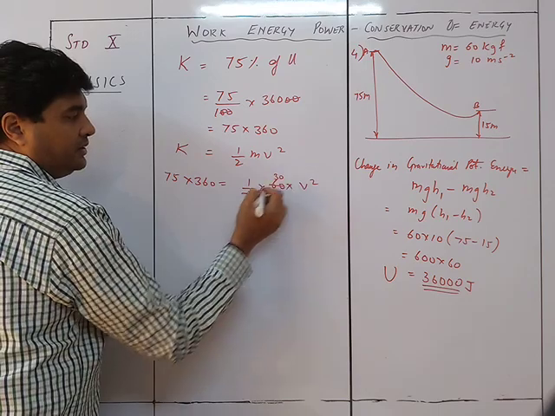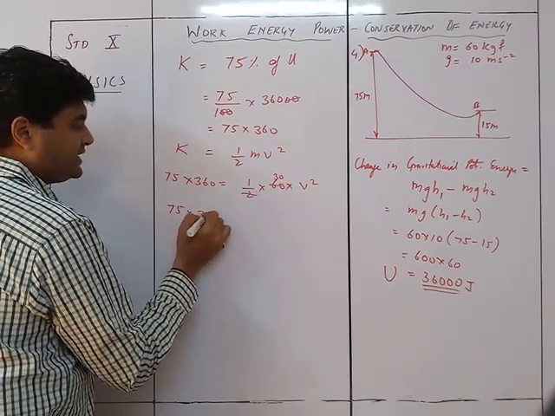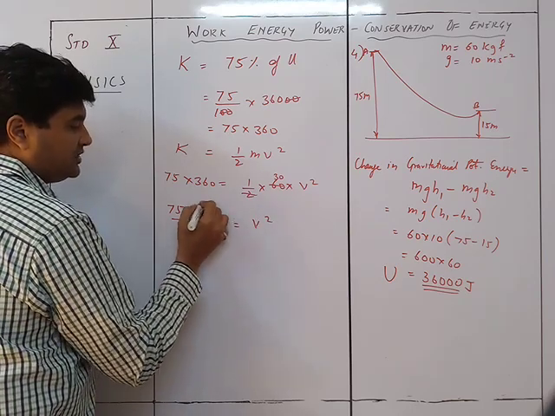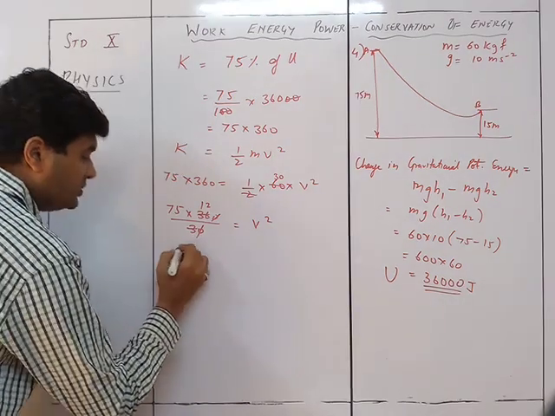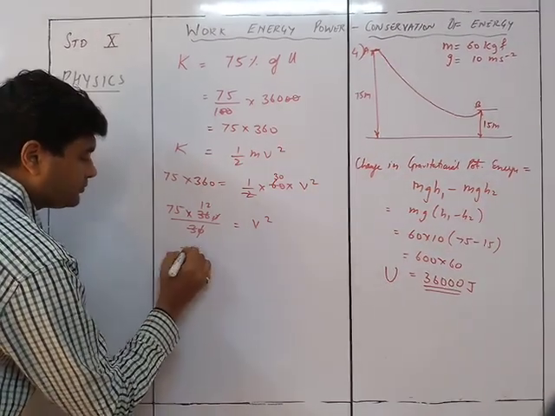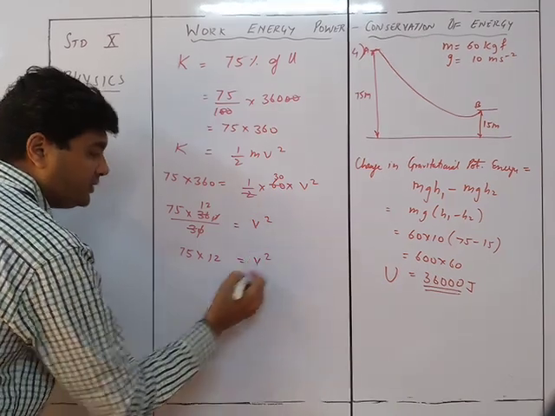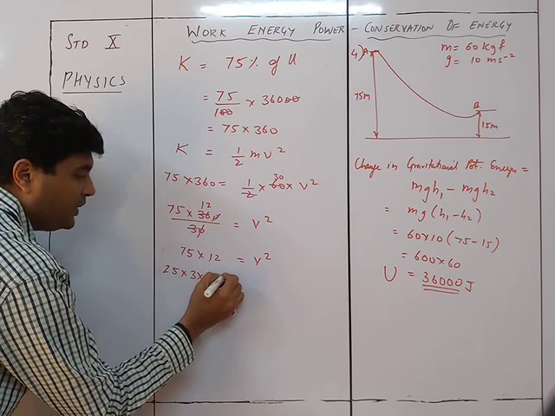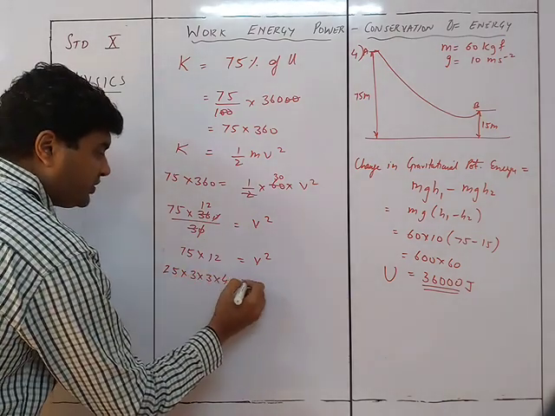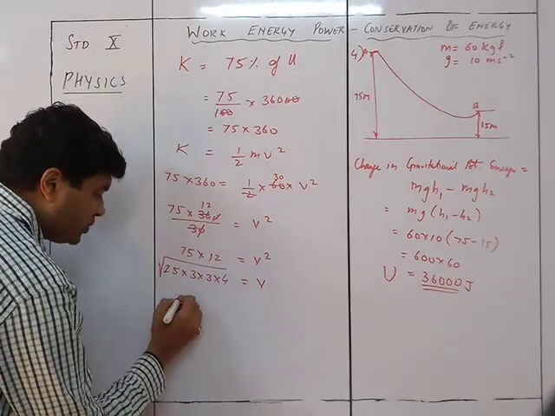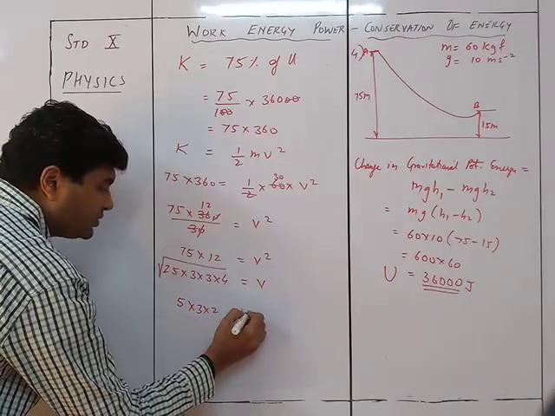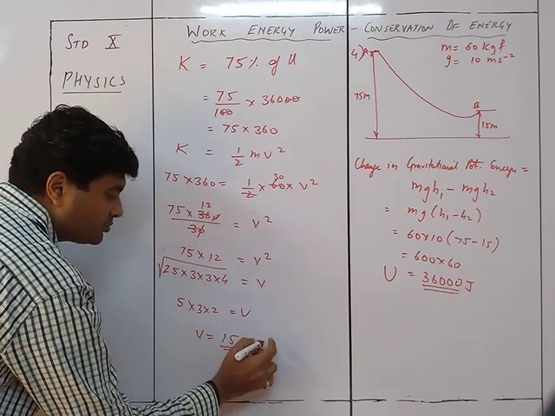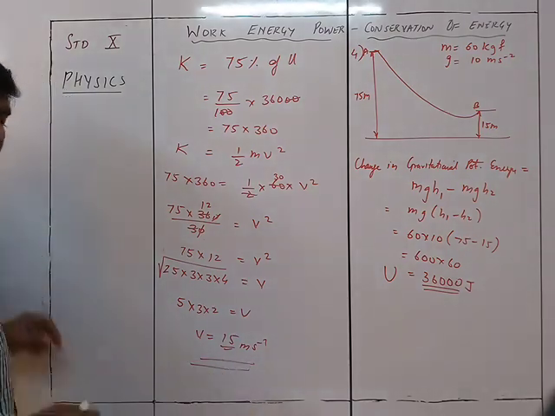So that makes it 30. So over here, 75 into 360 upon 30 is equal to v square. 0 cancels, this is 12. So 75 into 12 is equal to v square. So this is nothing but 25 into 3 into 3 into 4. So v is the root of this. So it will be 5 into 3 into 2 is equal to v. So v is equal to 15 meter per second as the speed at which the body is,